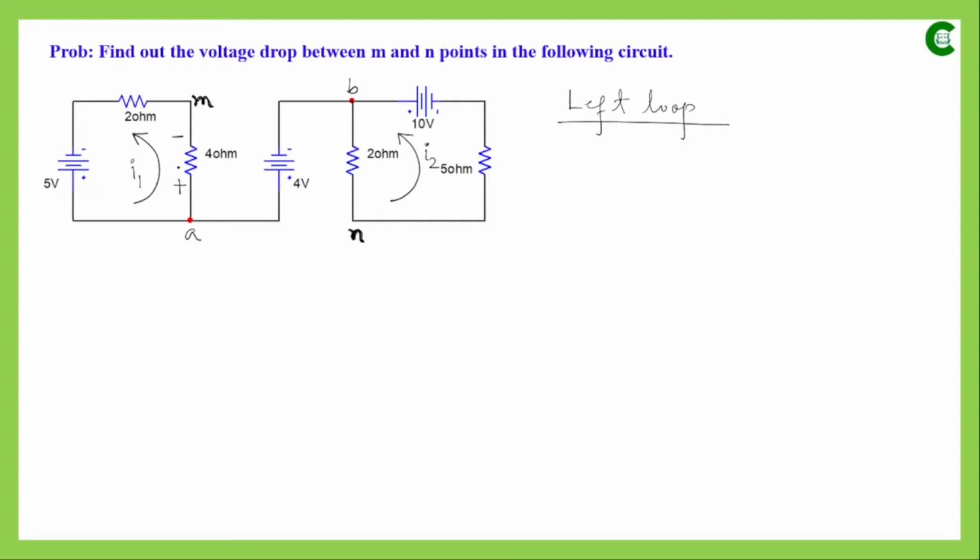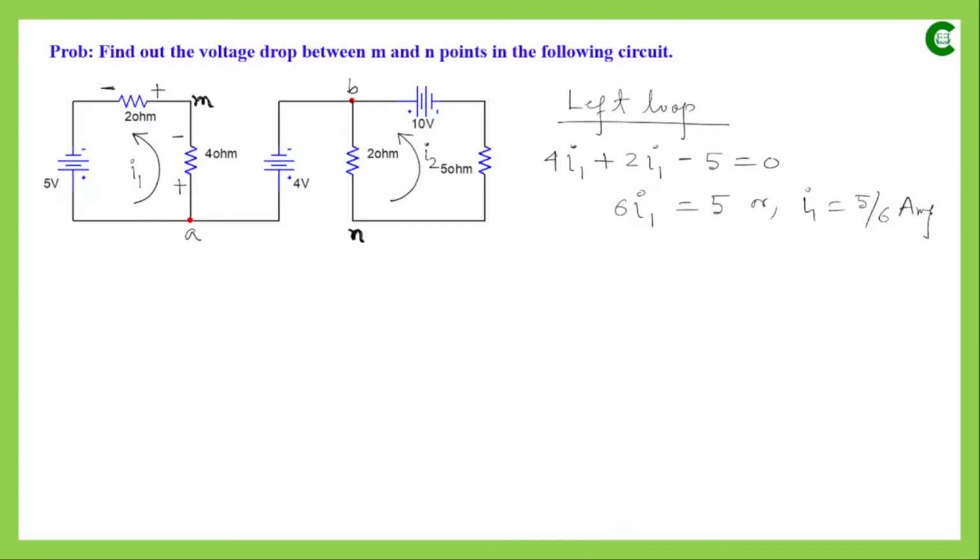So this will be at higher potential, this will be at lower potential, and with the same concept this will be at higher potential, this will be at lower potential, and the polarity of the voltage drop is already mentioned in the circuit. So now if we apply KVL in the first loop, the equation that we will get, going from positive to negative when we traverse, and let's assume that as our positive voltage, will be 4 I1, then for the second component it will be 2, and then minus 5,